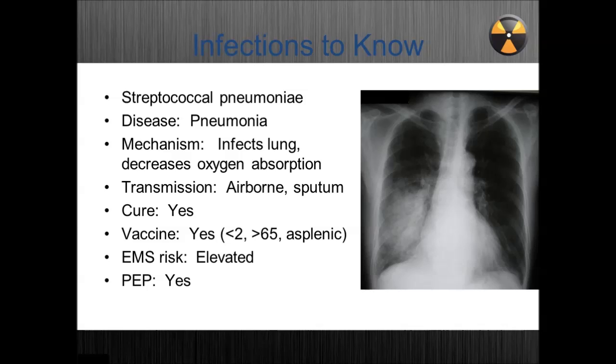So pneumonia, strep pneumonia. So not nearly as bad. A lot of people survive from this. This is what pneumonia looks like on an x-ray. You get this infiltrate, this density in the lung, and so you get short of breath and coughing up phlegm and all that kind of stuff. We actually have a vaccine for this particular type of pneumonia. There are probably 30 different bacteria that cause pneumonia.